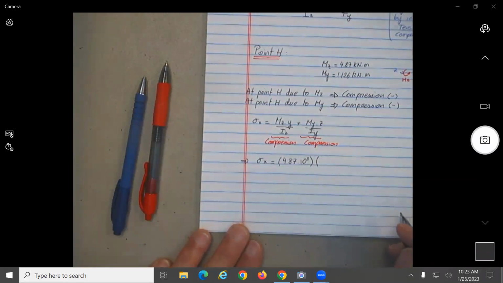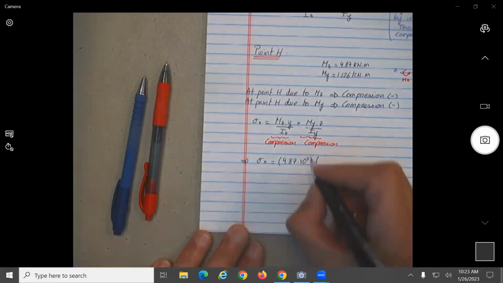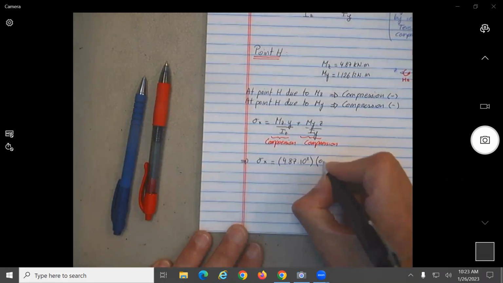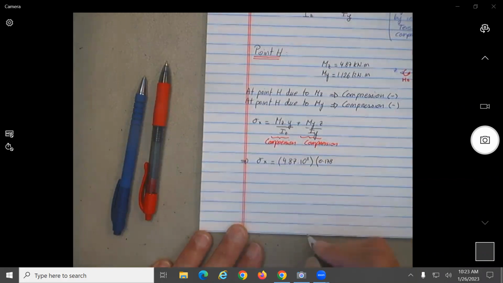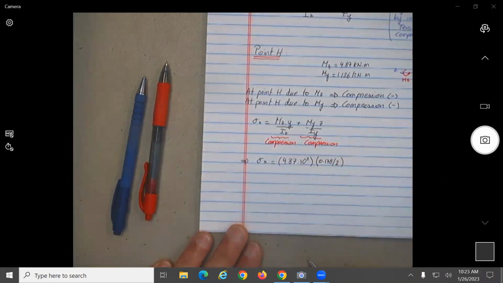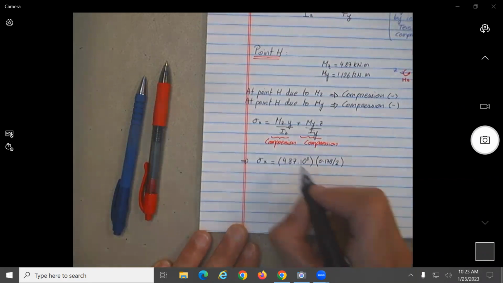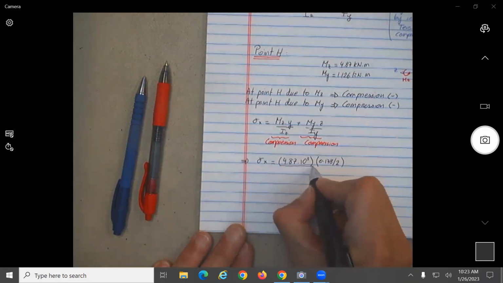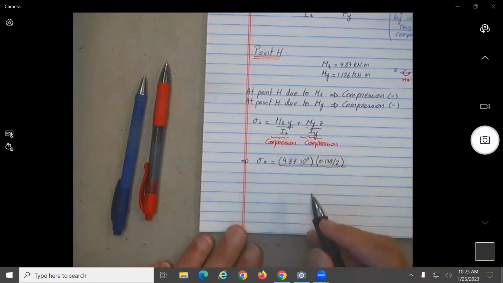I think the value of D is 178 millimeters. So how many meters would that be? 0.178, divided by 2, divided by